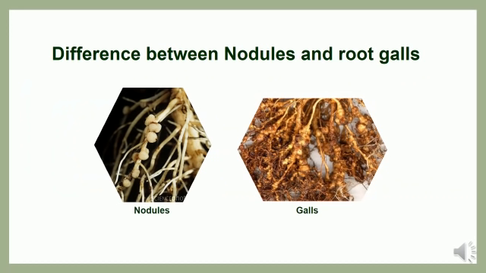Generally, many people will have confusion between root galls and nodules as both are formed in the roots. We can differentiate them by clearly observing them, as galls assume the color of the root while nodules are white in color. Galls will be in irregular shape while nodules will be in round shape. Galls are positioned parallel to the roots while nodules can be seen perpendicular to the roots. We can detach nodules easily from the roots while galls we could not do that.